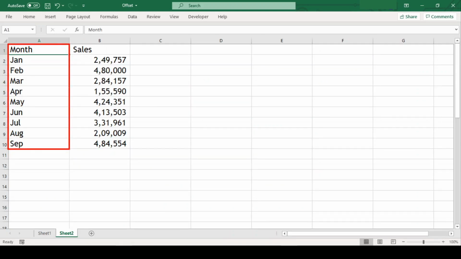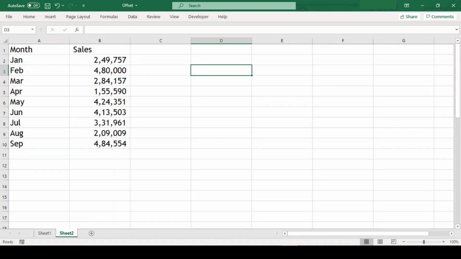Here we have months and corresponding sales. Our objective here is to find average sales of last 6 months. First, let us get the range of last 6 months with offset function. Equal to offset open parenthesis reference as A1. We will give offset 4 rows so we get last 6 months and offset 1 column to reference sales. We'll set height as 6 since we want 6 months average and set width as 1 since we need only 1 column in return. Now we have last 6 month sales range.